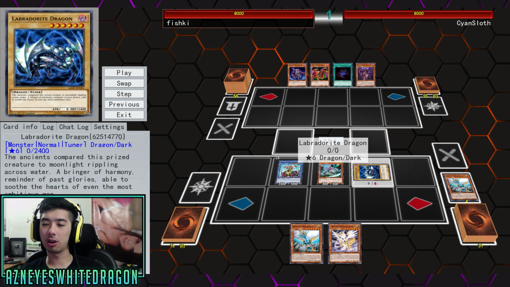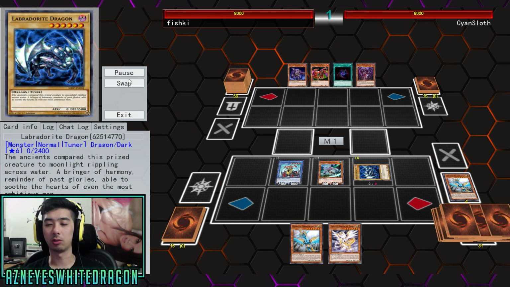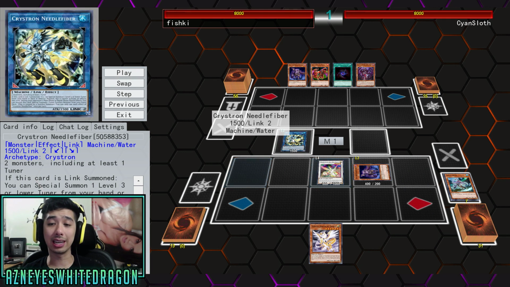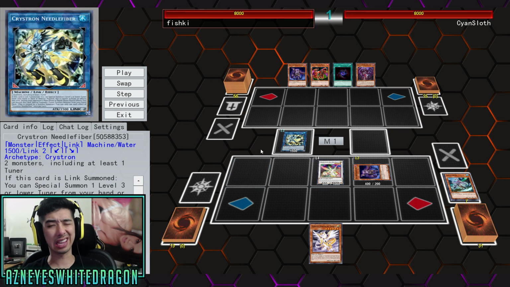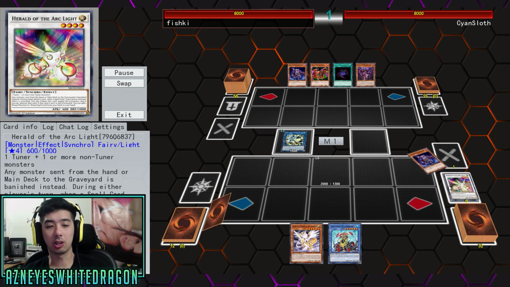It doesn't have to be this card, but this card just happens to be one of the better targets in the game, just because it happens to be level 6, and it's also a tuner. So basically, that's going to allow you to go straight into your Needle Fiber, also utilizing the Gishki Abyss here. It doesn't really have to be this. There are probably a lot of different ways to pull it off, but that's an easy card to go for,